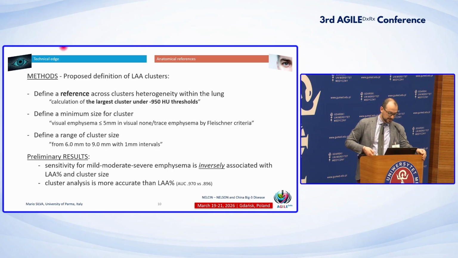So the most sensitive category was the 6 millimeter cluster. Also, in comparison to the percentage of area below minus 950, cluster analysis by 6 millimeter cluster showed a wider area under the curve of 0.97 as compared to almost 0.9